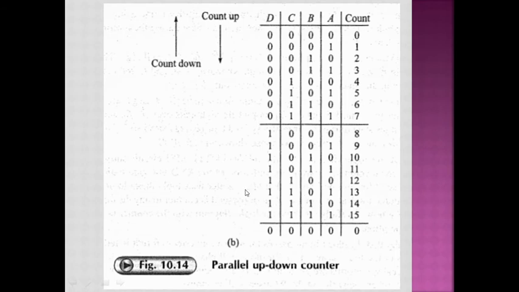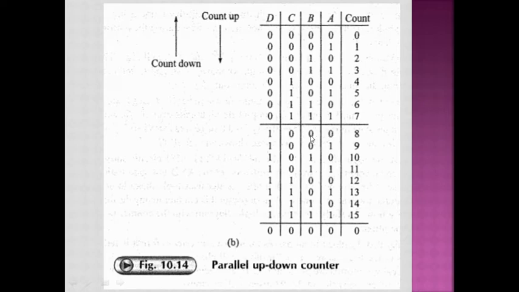So in a countdown mode, that means in this direction, you see that flip-flop C is going to toggle from state 0 to 15. Again it is going to toggle when A is low, B is low. That means A bar is high, B bar is high, and flip-flop C is going to toggle. Again from count number 8 to count number 7.